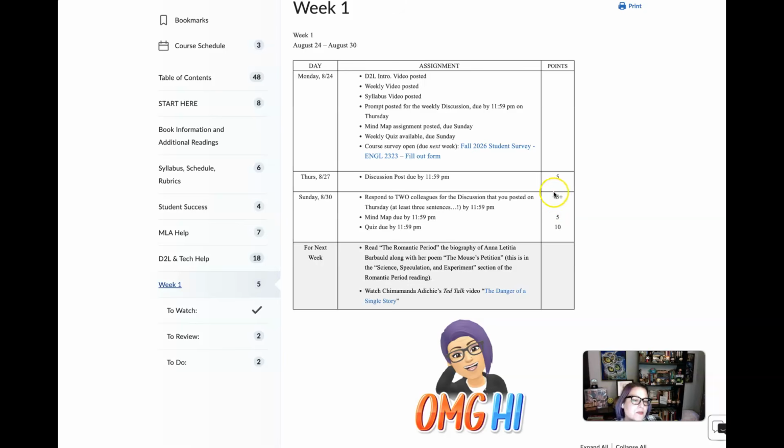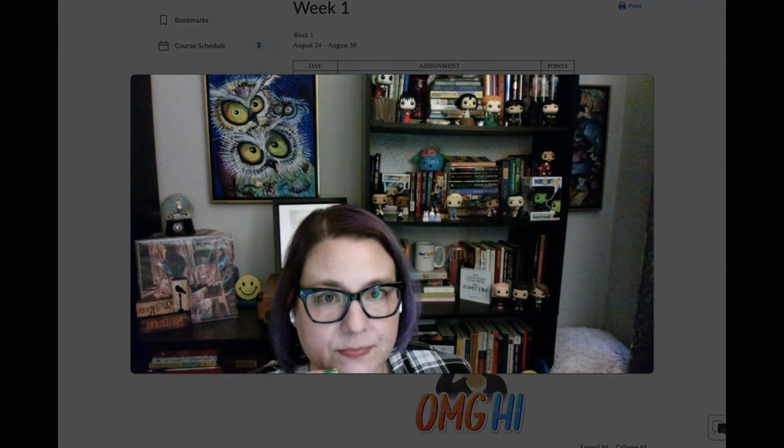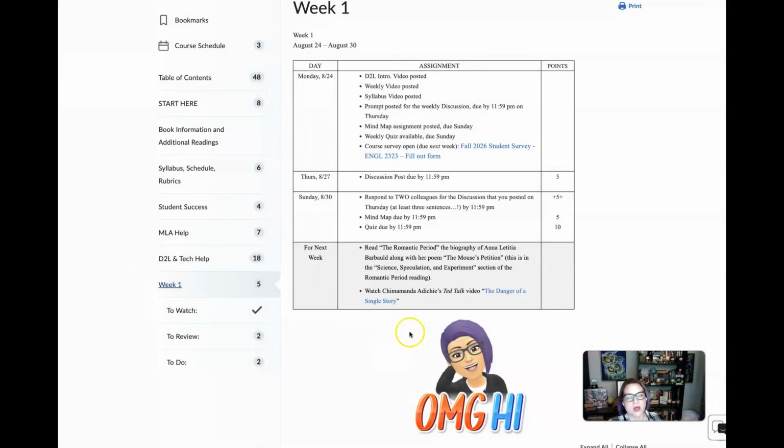I want you to note though that when you see these plus points here, that means that it is not required. It is not required when you see those plus signs. That will be relevant for things like quizzes. Okay, so of course, to earn those points, you need to respond fully, show that you're engaging with ideas, that kind of thing.